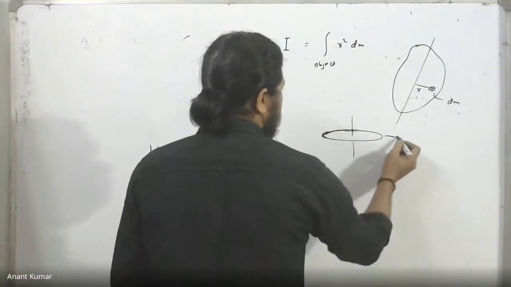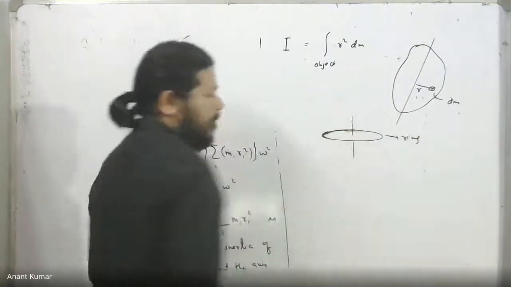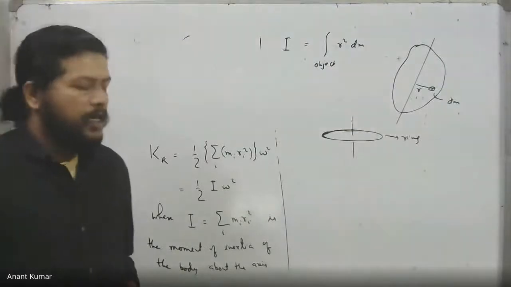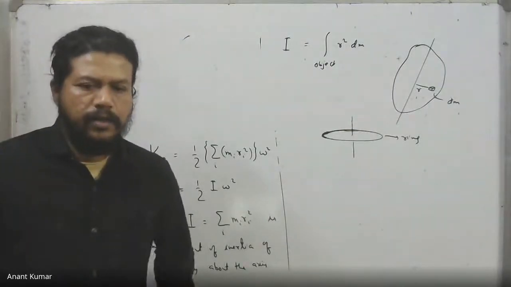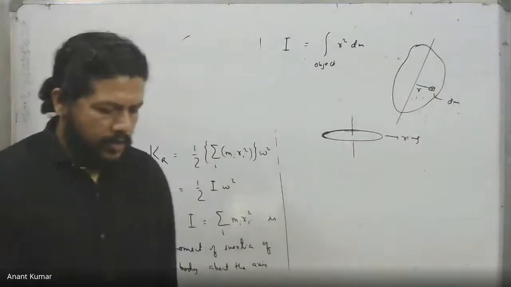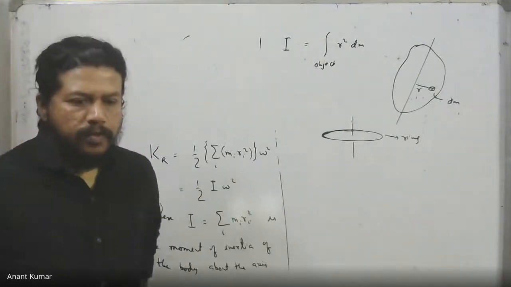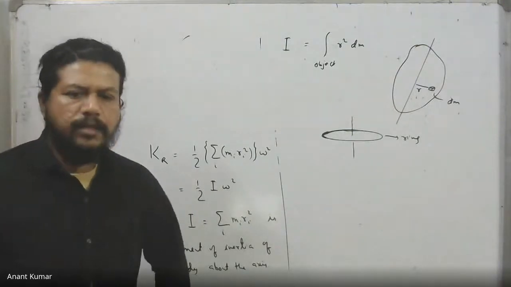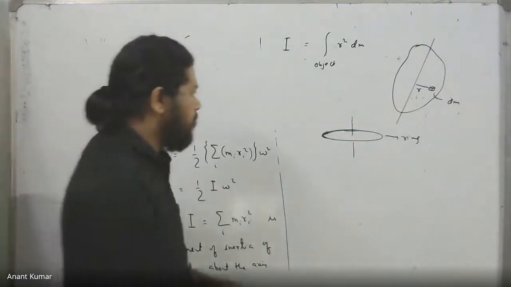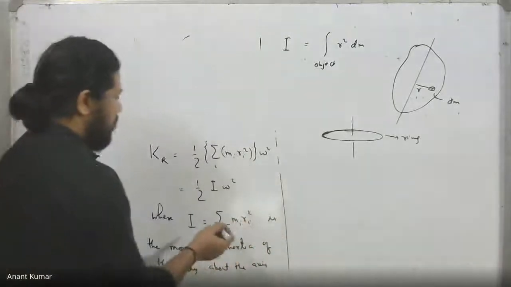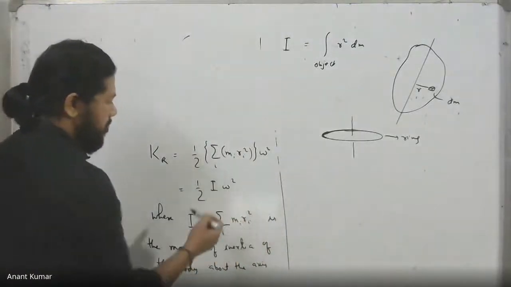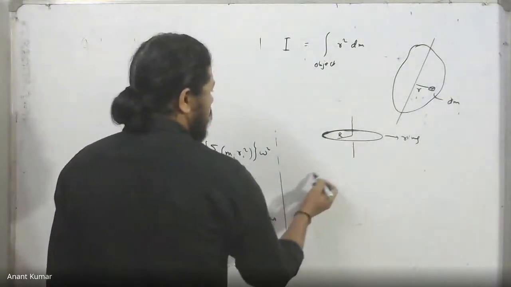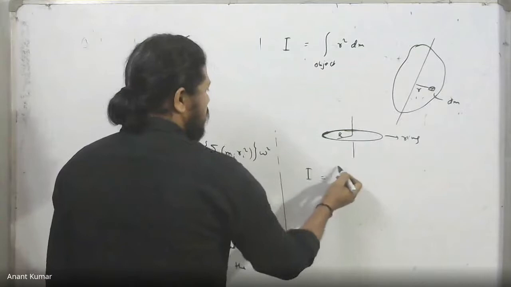And this is the axis. And notice in this case that for such a ring, or actually a hollow cylinder, a cylindrical shell, all the point masses which make up the body lie at the same distance from the axis, that is nothing but the radius. And that implies, if I just apply the summation over there, this Ri will be the same. If I take the radius in this case as R,